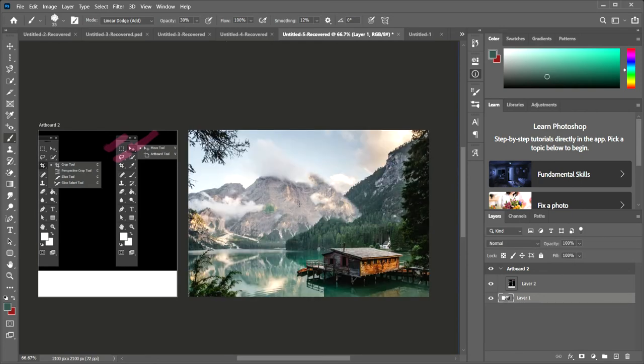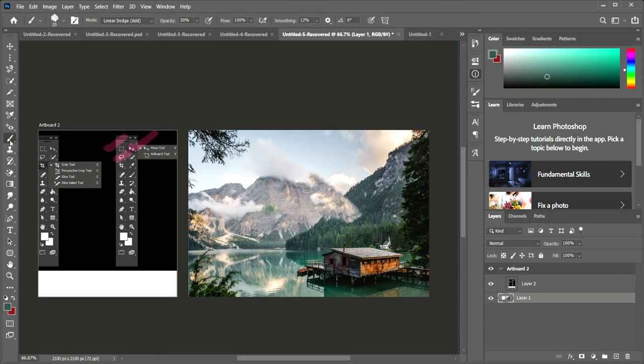The brush tool is one of the most important tools in your Photoshop toolbox. You will probably use the brush tool more than any other tool in Photoshop, especially if you are retouching images. You can change the size of the brush, how hard, the shape, texture, opacity, flow and more. These options are available in the upper side of your options bar.